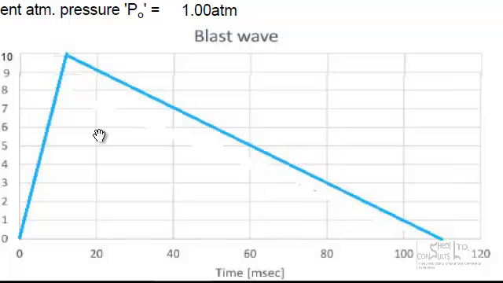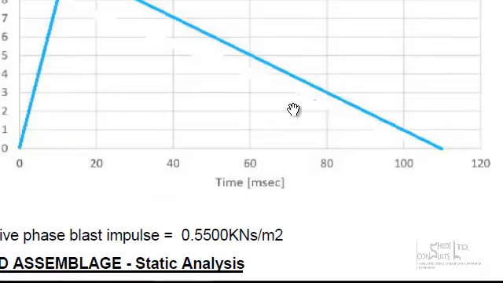They can be taken as cyclic, but they are not continuous and not harmonic, implying that the amplitude of this blast wave is not periodical. So they are short impulsive loadings that have a very short duration, and then they cause catastrophic impacts on a structure. If you look at the shape of the blast wave, it is idealized as a